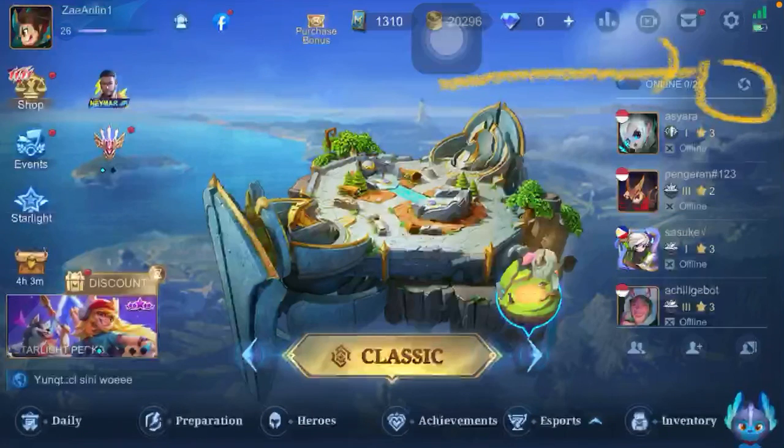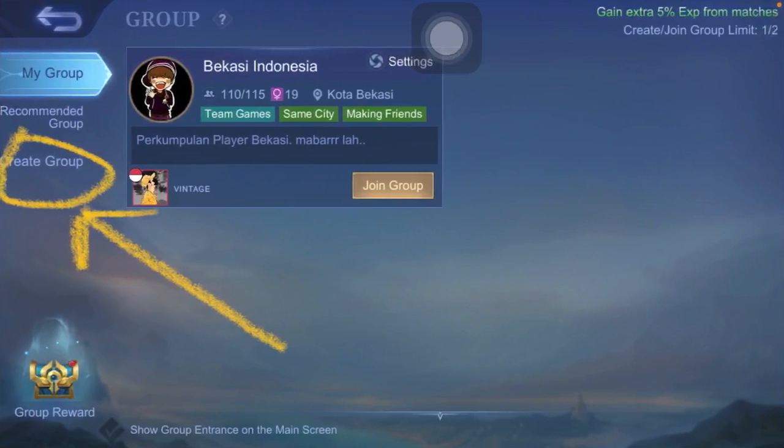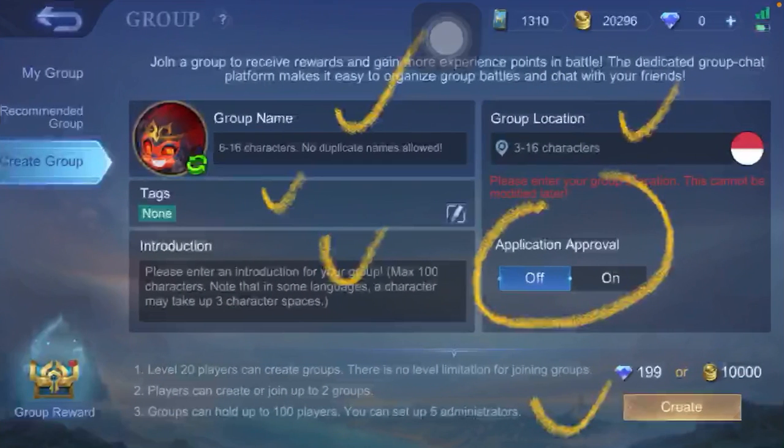Hello everyone, in this video I am going to show you how to create a group on Mobile Legends. So just click this icon and then you can click create group. Yes, and then you can fill group name, tags, introduction, group location, and you can see the requirement that you